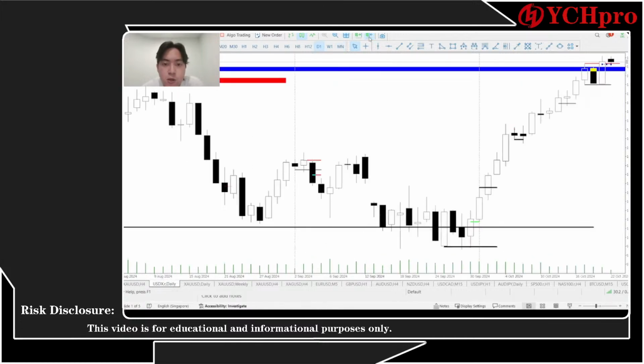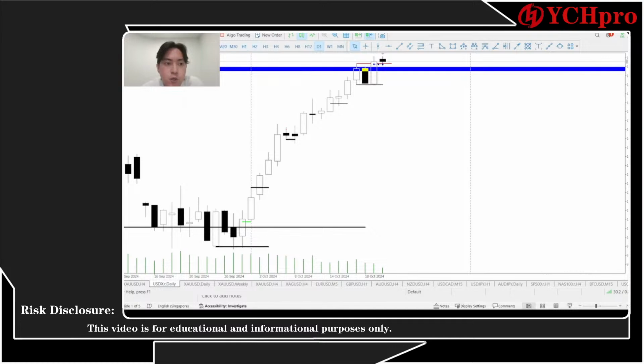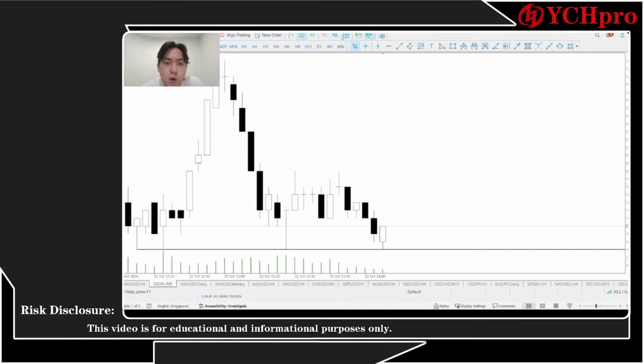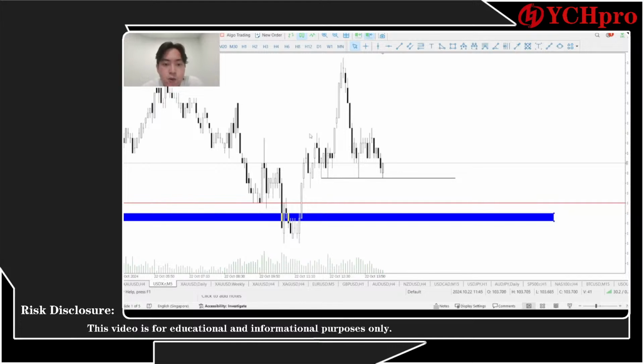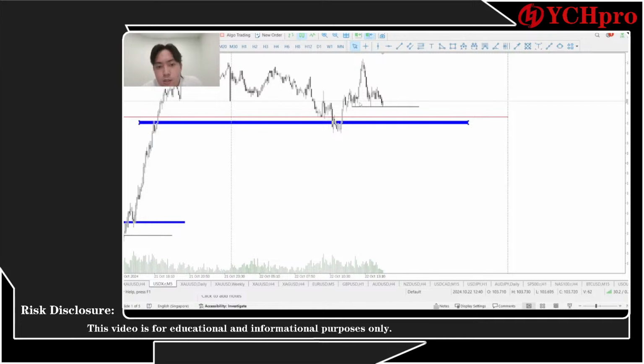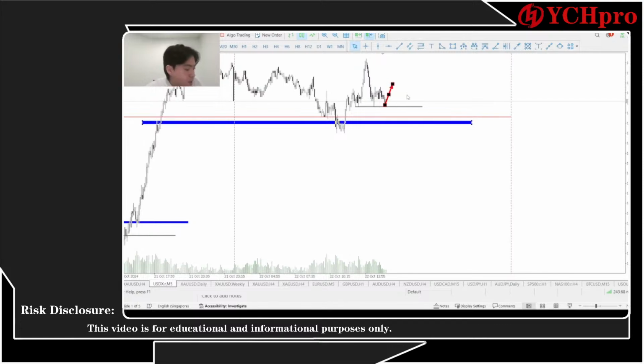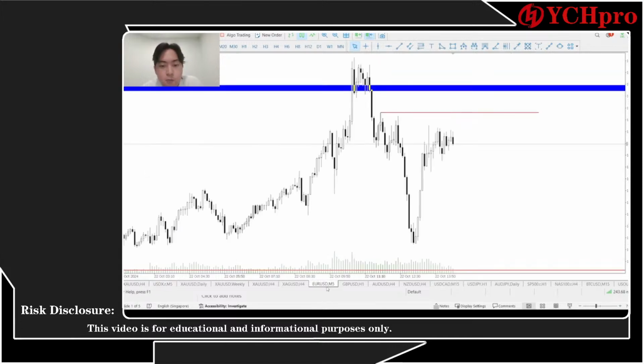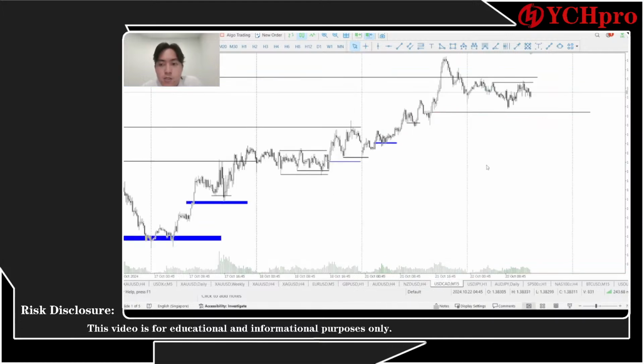Okay, so let's continue with how the market is going. Right now, as we already mentioned, the dollar index is likely to go higher. Maybe the price might be grabbing here, but once the price displaces above, we are likely to see the price going higher. So there are two things. We can wait for the price to reach through this level and then continue going higher, or we can wait for the price to go higher, breaking through this area, grabbing this liquidity, giving us a really strong displacement. Then I think the price will continue going higher and might give some trading opportunities on EUR USD or even on USD CAD and so on.